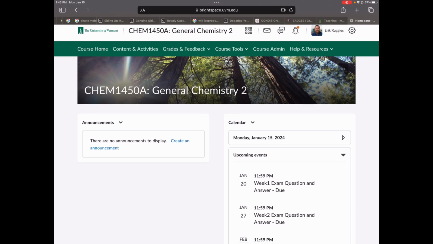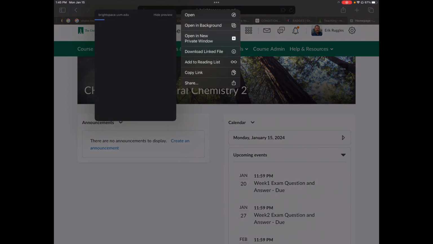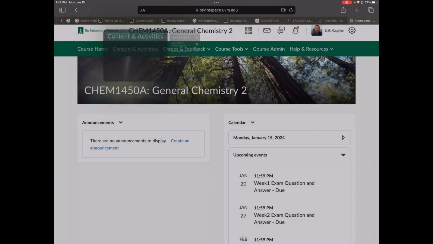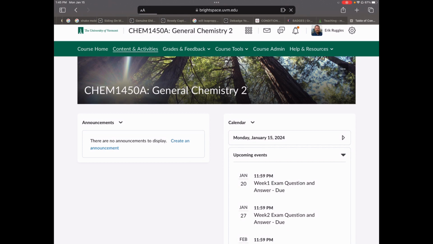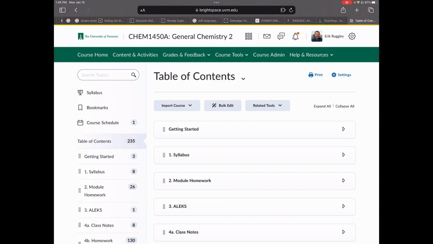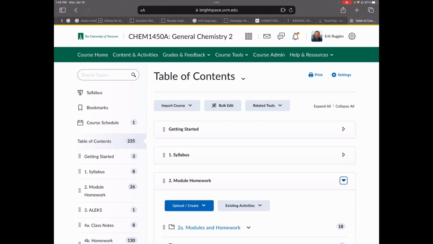But what we're going to realize is that with those announcements, where can I find those problems? Do I have to search through announcements or whatnot? No, you really don't. If you go to content and activities at the very top, we can find all of those within the module homework portion of the table of contents.